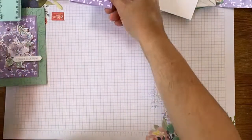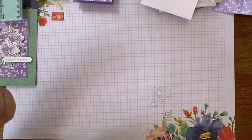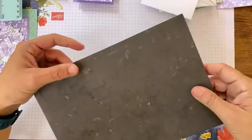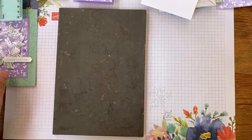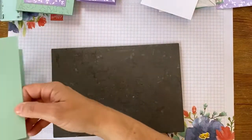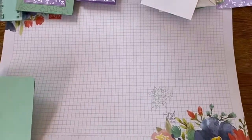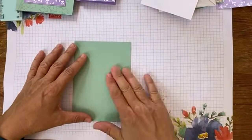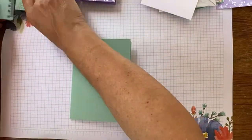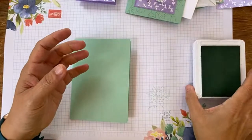So we can put that to one side temporarily and do a little bit of stamping, because there's quite a bit of stamping today, which is good because last week we didn't hardly have any. So the first thing we're going to do is pop our mat for stamping on under our paper. And I think I did give you a grid paper, didn't I, this time? Yeah. And I'm going to take my mint macaron ink pad,